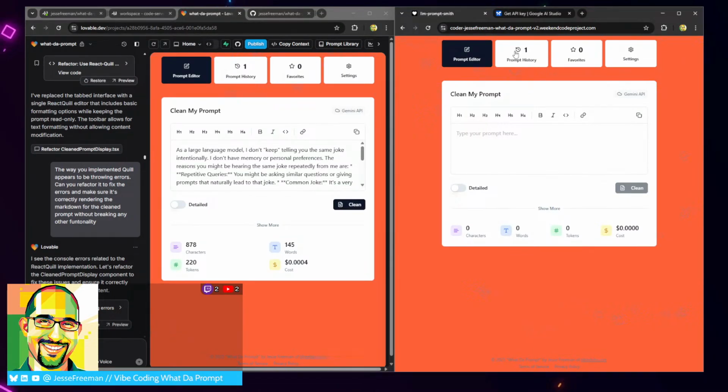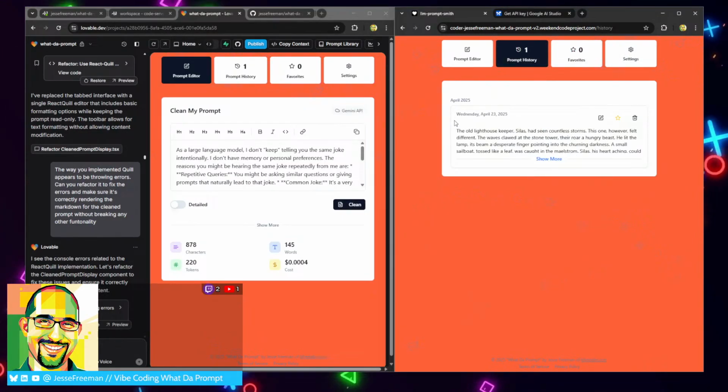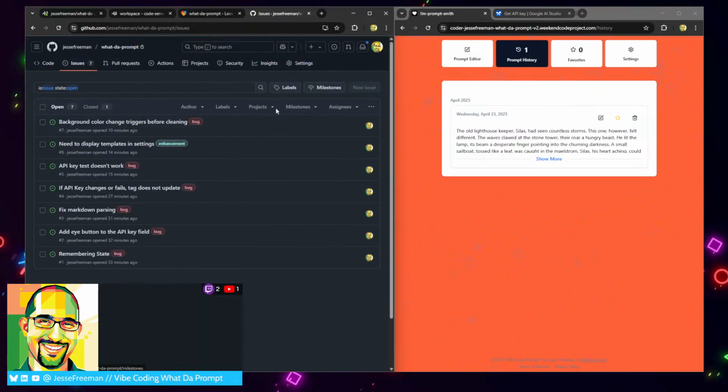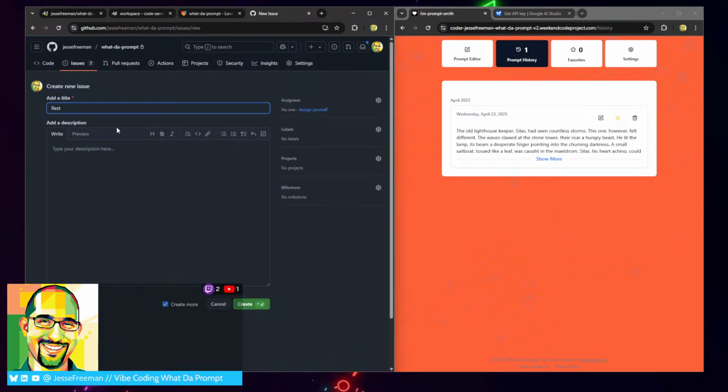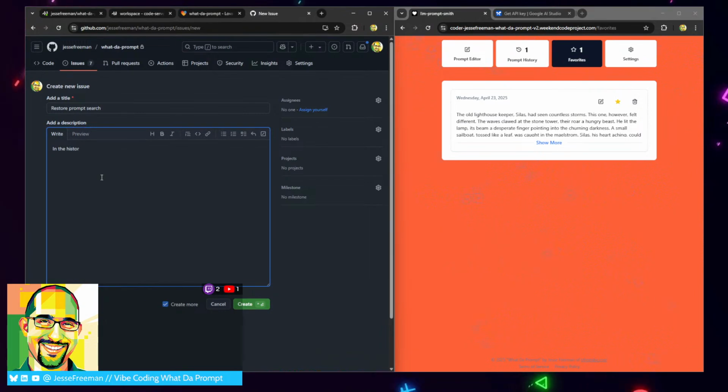Well, that works. What I want to do is, all right, there's other things that I don't understand. Oh my God, I don't get why it deletes whole pieces of functionality. Restore prompt search. On the history, is it the same thing in the favorites page? Need to restore the prompt search bar